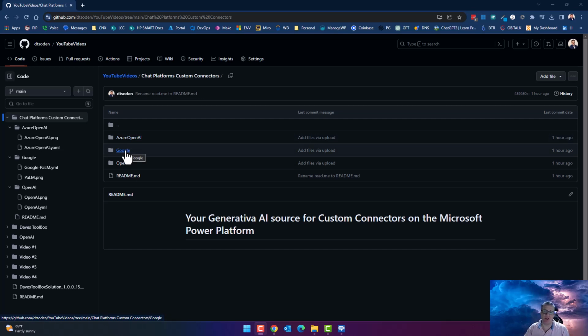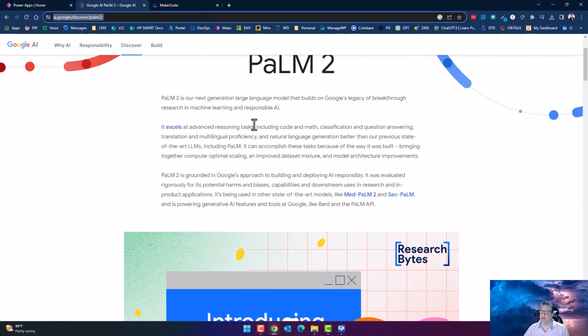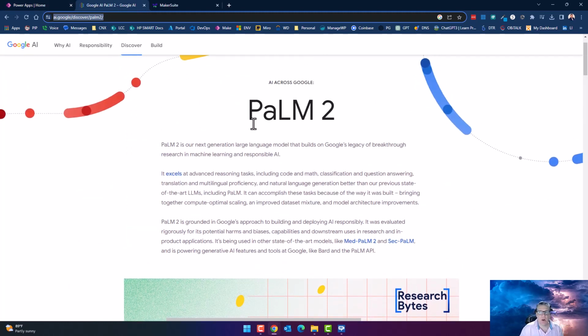And then I just added today another one for Google, and the Google one is essentially, let's get this up over here, and let's talk about this. This is PaLM 2. So PaLM 2 is going to be the large language model that is behind Bard and